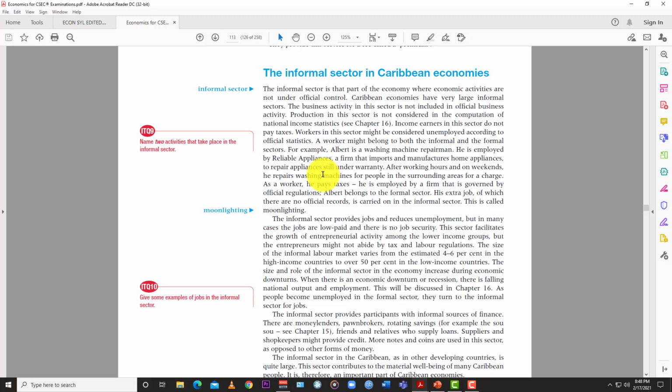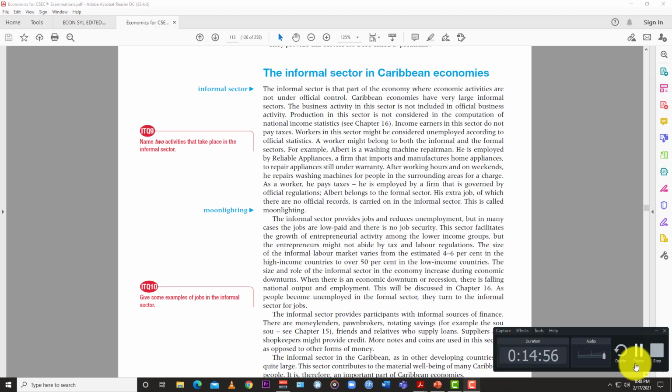So you have the formal one, which is the financial sector or the financial system. Everything is counted, it's above board, that kind of thing. You have the banks facilitating these different transactions. You have various functions, but then you have the informal sector or the underground economy, where these transactions are not really recorded. They're not really under the control of the official authorities, and they are not part of the overall national income calculations, but they are done. It's not like all of them are illegal, but some are just not recorded. So that's what we call the informal sector.